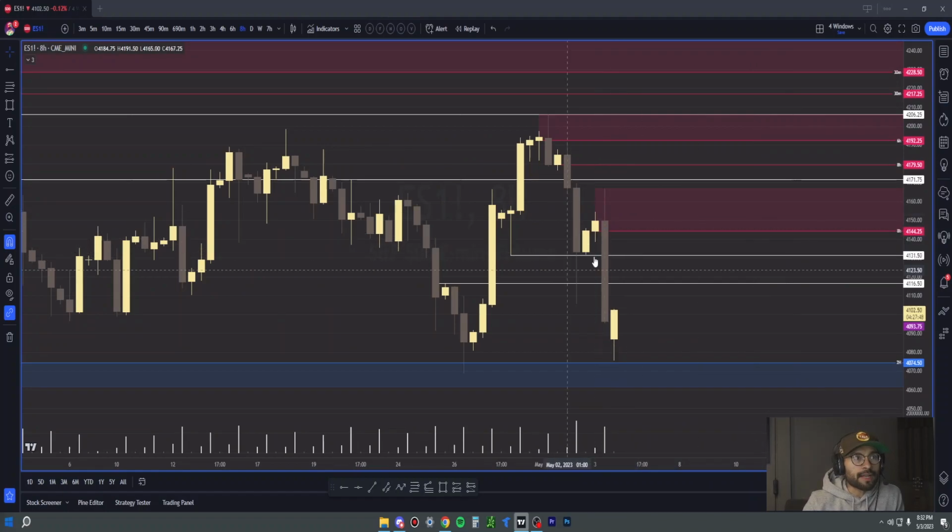What this shows me is obviously there were a lot of buyers here that thought we were gonna rip back up to 4200, only to get trapped here. So this area is gonna be full of traps. That's usually where a supply zone comes from. When price comes back up here, anybody that was trapped here underwater is basically gonna want to get out, and that's where you get that resistance. So definitely gonna be watching that